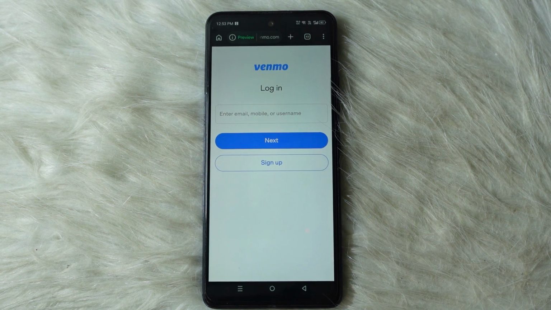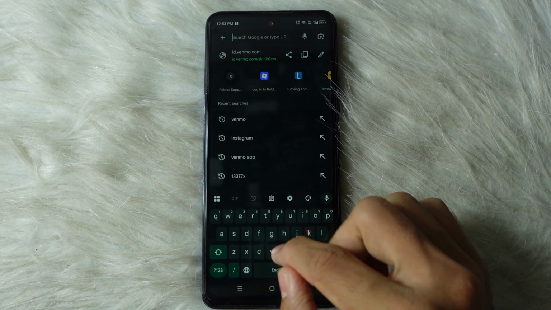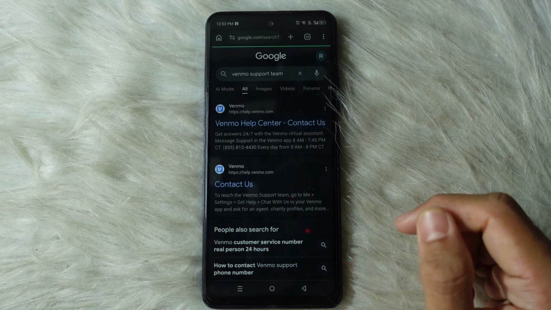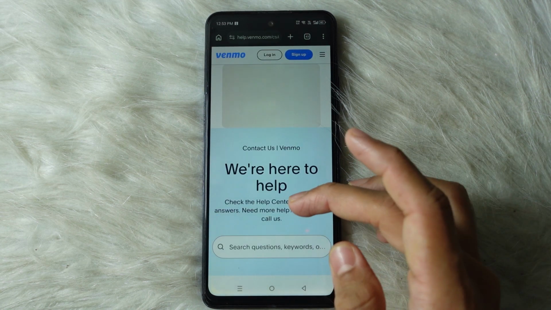And if you are still having any kinds of issues, what you want to do is simply contact the support team. You want to simply tap on your search bar and type in Venmo support team. Tap on the first website that you see and you'll be able to specify your problem